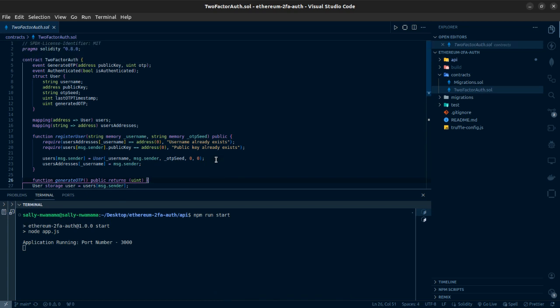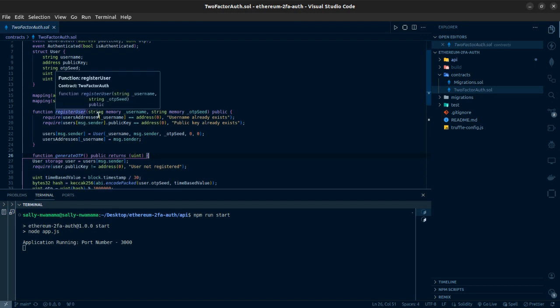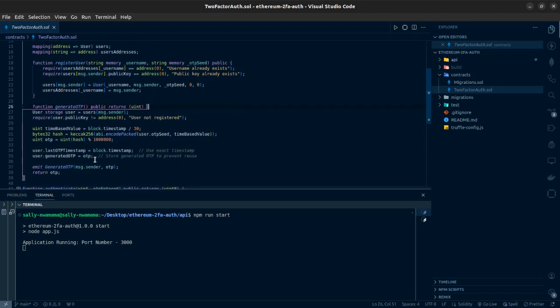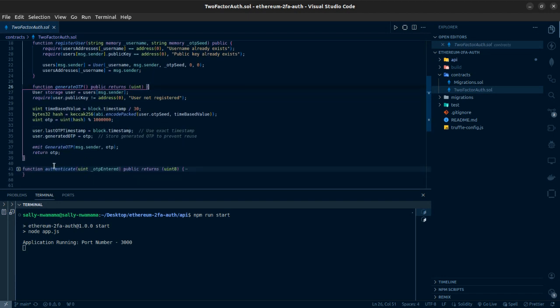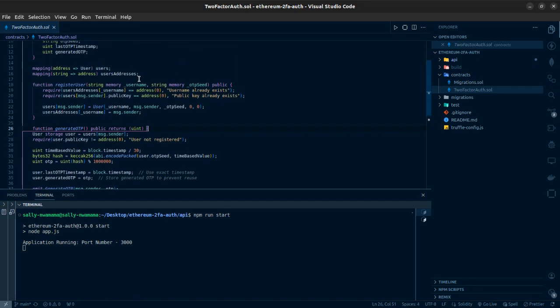Okay, so right here is our two-factor authentication smart contract. We can see we have three basic functions: to register the user, to generate an OTP, and then to authenticate the entered OTP. So the register user takes into parameters the username and the OTP seed, and then it